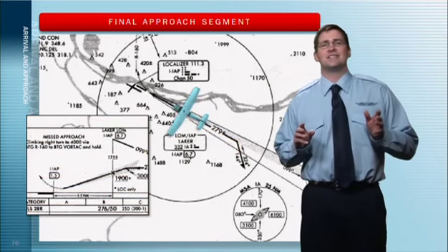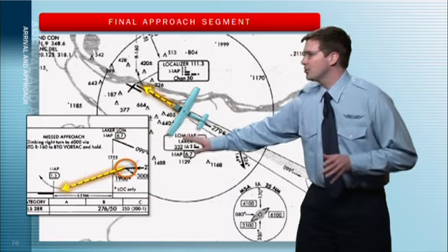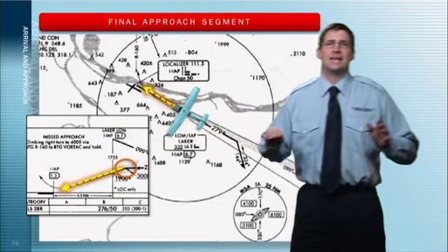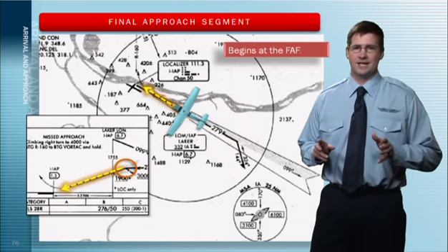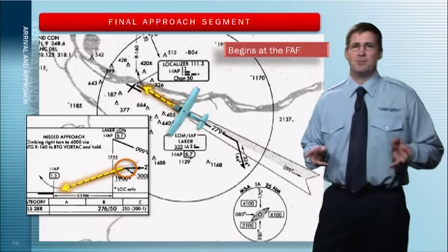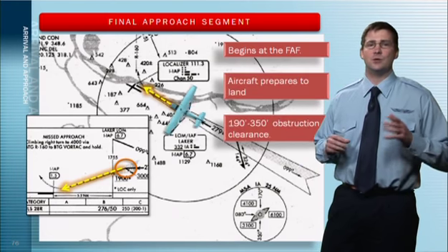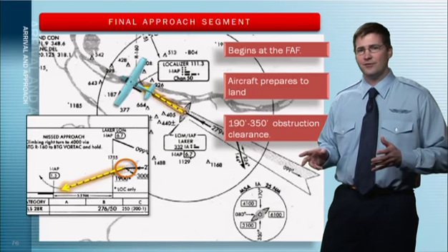Now, here is the final approach segment we see right here. Here's a close-up of the final approach segment down here. It starts at the final approach fix at the top of the glide slope and goes down to the missed approach point, or MAP. The aircraft is preparing to land and is guaranteed between 190 feet and 350 feet of